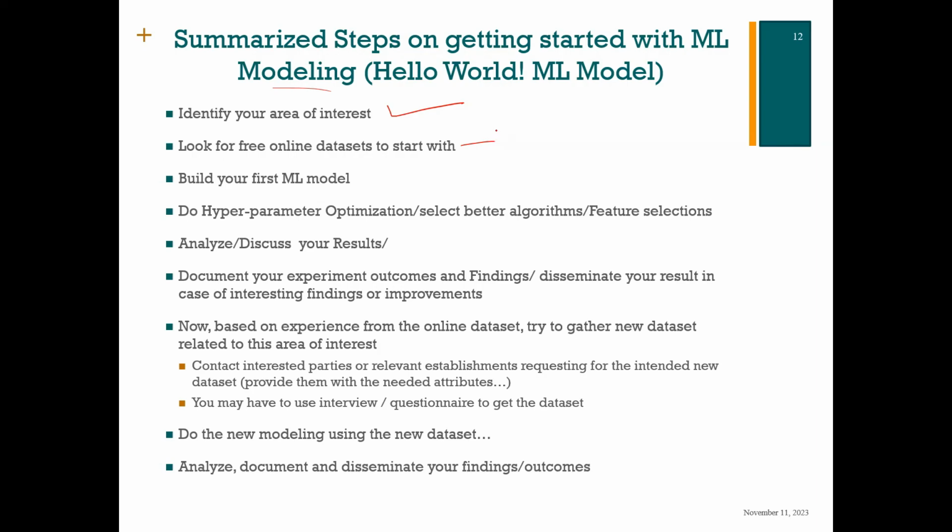Because when you get an online data set, it will guide you to see, okay, these are the features they have used in their own case. But in my own case, do we need all these features? If you are going to a new area for the first time, you don't even know what attributes might be in there. In fact, some of the attributes you are thinking about might not be relevant. So getting an online data set will put you on a very good starting point.